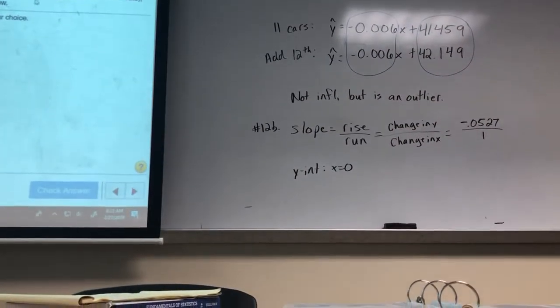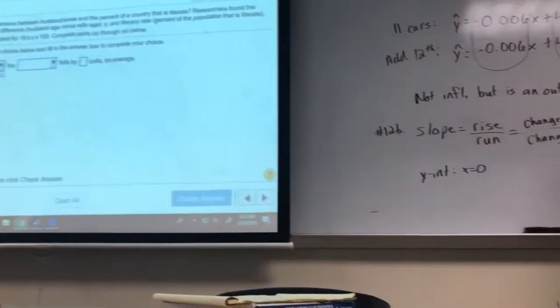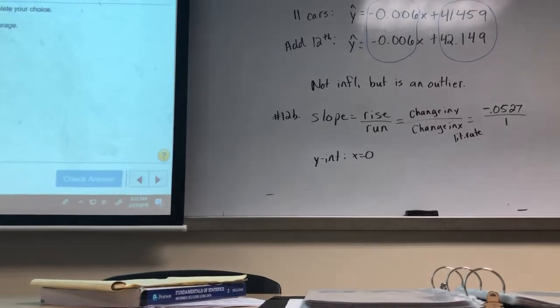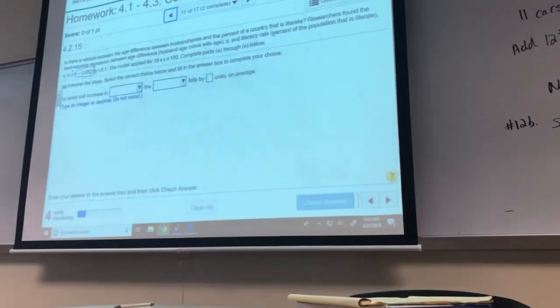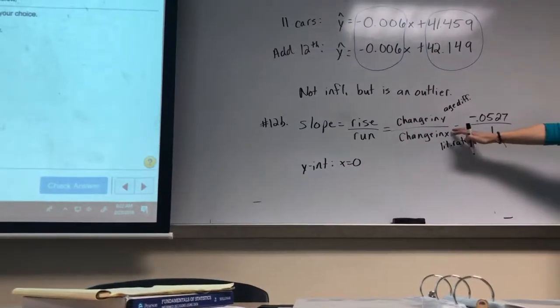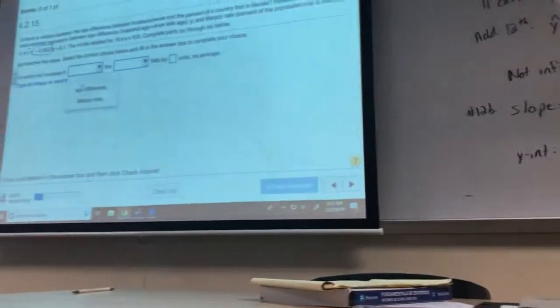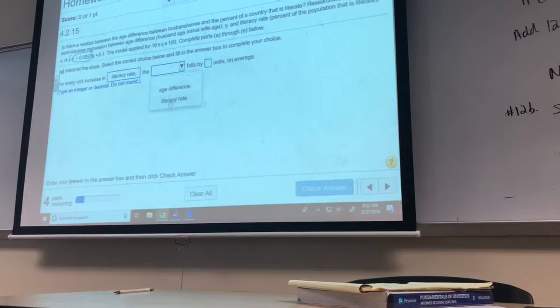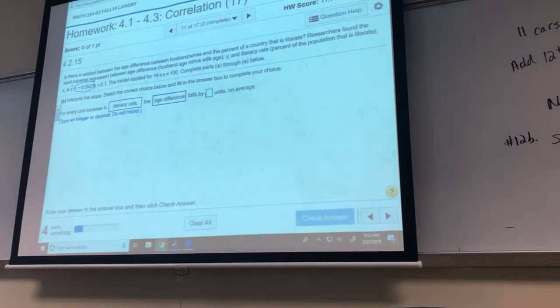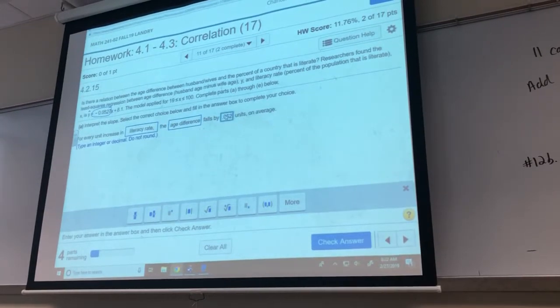So every unit increase in x. So our x value is the literacy rate. And then the y value is the age difference. So here when we write out our slope like this, our literacy rate, which is x, that's changing by 1, that's a unit increase. Whenever it's changing by 1, they just say that's a unit increase. So we're going to do a unit increase in the literacy rate, and then our y value, which is the age difference, is going to fall. The reason it's falling is because this is negative. And it's going to fall by 0.0527 because that's what my